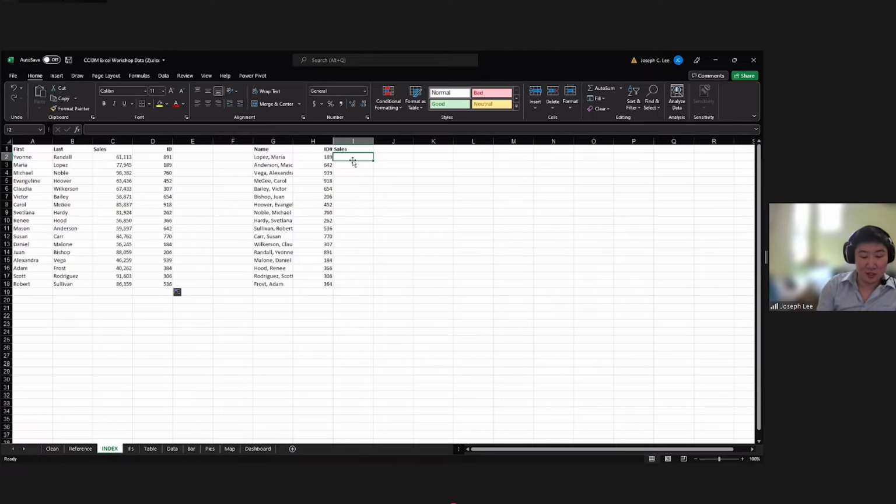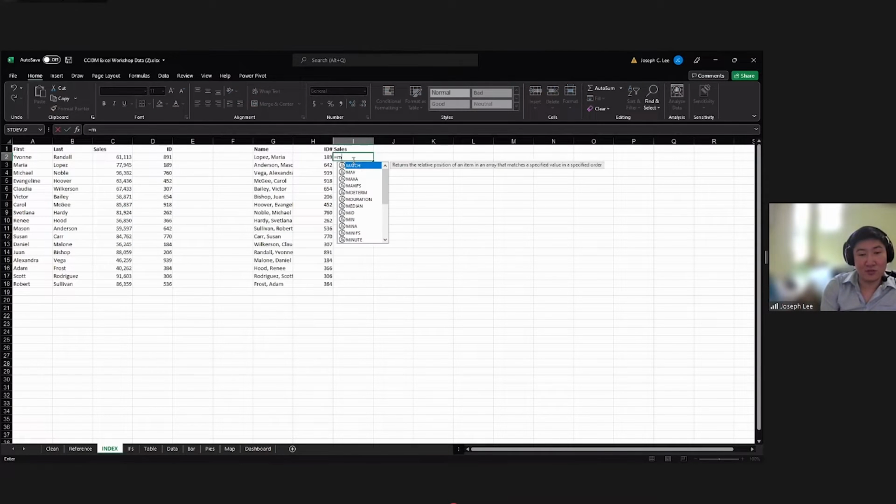So we're going to have to utilize this function called MATCH, which is pretty similar to VLOOKUP in terms of what it's asking for. So we're going to go under sales, MATCH. As you guys can see, the parameters are pretty similar. It's going to ask us for the lookup value, which is Lopez, Maria, comma, and then for the lookup array, we're going to structure it like how we did before,